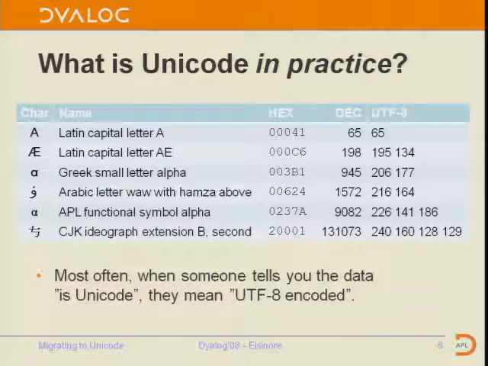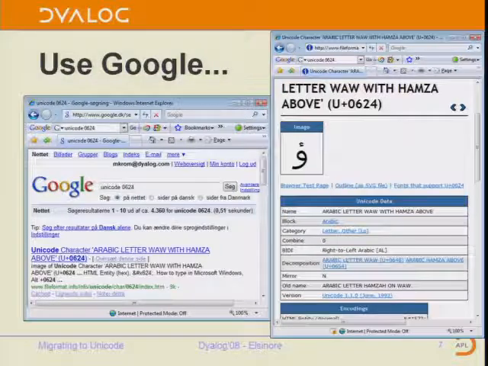Every character has a unique number or code point, but there are different ways that you would store that in a text file. UTF-8 is an encoding that is very common because it's compatible with ASCII for the first 127 characters. It's just a single byte, so you can't tell the difference. So if you're an American, you can put your data in there, say it's UTF-8 and forget about it. Everybody else then has to know how to encode it into varying numbers of bytes. But this has become the most common form for storing Unicode text.